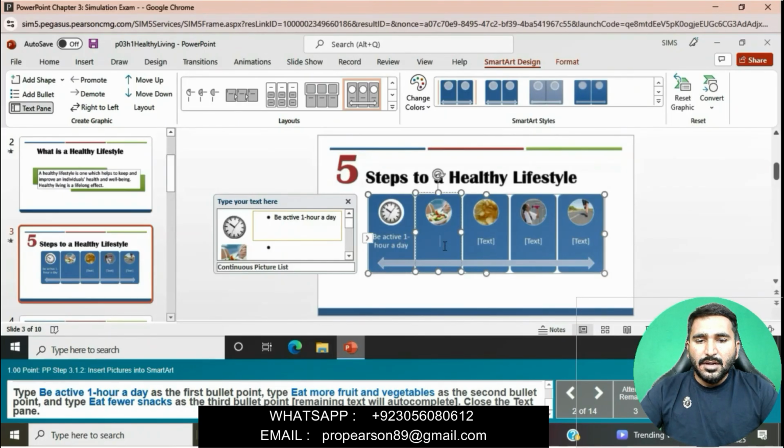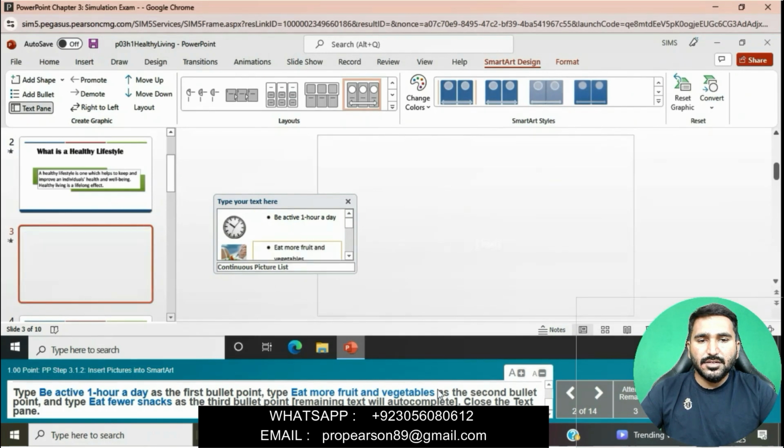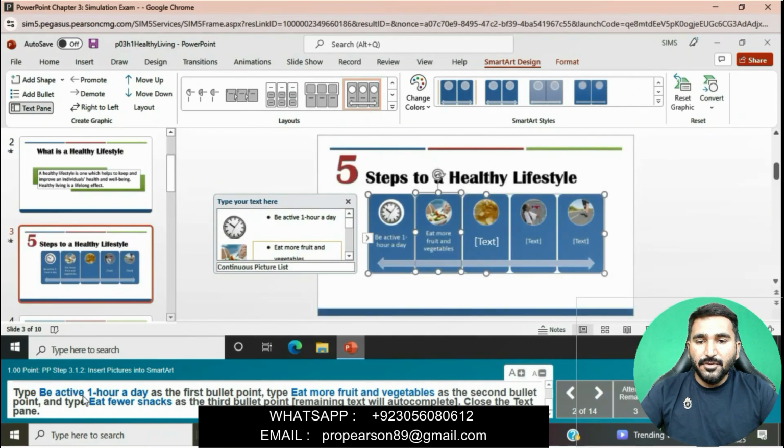Eat more fruit and vegetables. Eat fewer snacks.